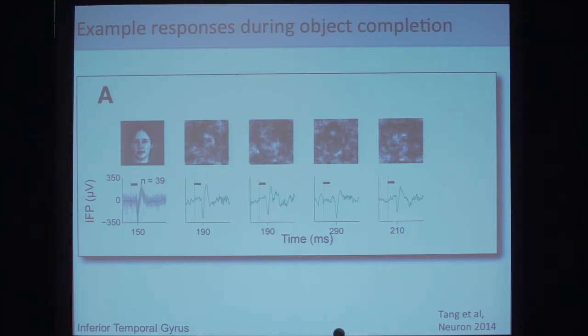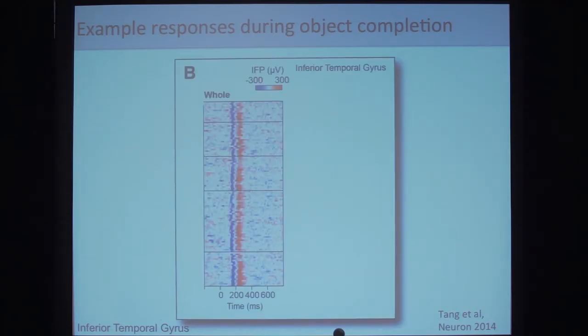If you pay more attention to the details of the waveforms, it turns out that there are some important differences. Most notably, there's a delay in the signal. Those numbers there represent the maximum voltage, and it turns out that that is significantly delayed with respect to the responses to whole objects. Remember that I had shown you at the very beginning that these delays are consistent with the role of feedback signals. So I just showed you a couple of examples just to convince you.